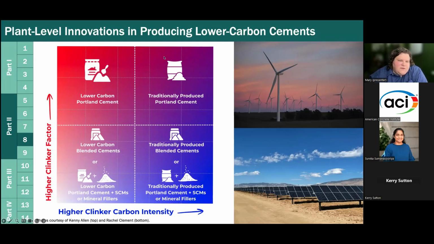If you go to the left here and you reduce your clinker carbon intensity, that means you're dealing with a lower carbon Portland cement. So there's still clinker, but it was made maybe using alternative fuels or alternative materials. If you go down, now we're saying let's reduce the clinker content. So I'm going to use traditional Portland cement, but I'm going to put in some SCMs or some mineral fillers. And then the other option is you can do both. You can say, I'm going to use a lower carbon cement, and I'm going to blend it with fly ash or slag or some other material. And so you can maximize that. Some of these can be compounded on top of each other. So something to just consider.